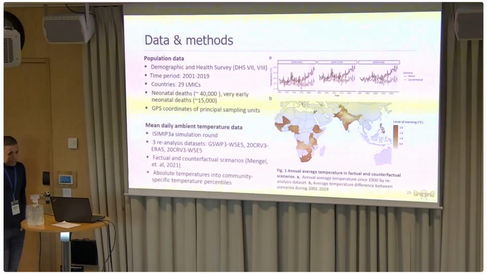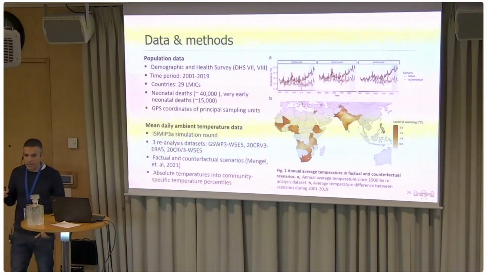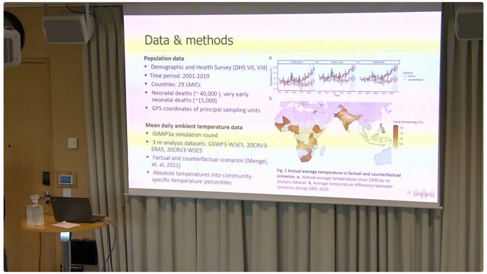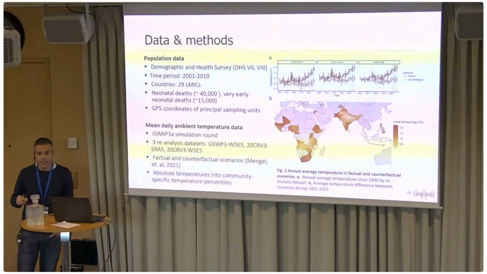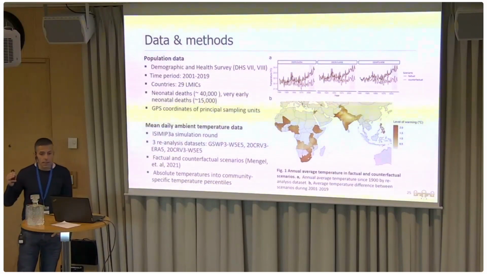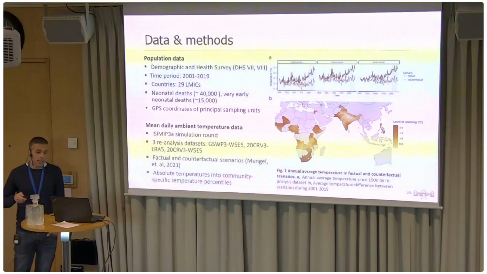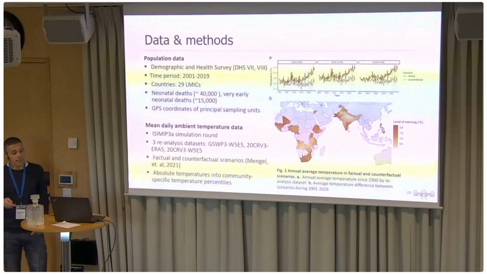So, some words on the data. The health data was captured by the Demographic and Health Survey, in particular 2 waves of this survey, the 7th and the 8th, in particular because here we have the exact day of death for family members. This is a household survey. Of course, we can come back to this later. All of this is reconstructed through interviews, so there is no administrative database on this. But of course, we can discuss later how this can affect the analysis as a limitation.